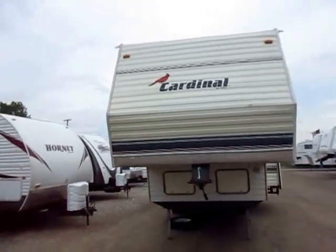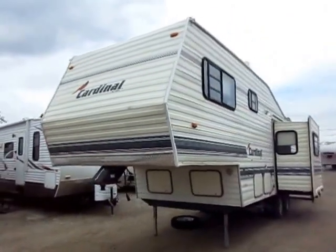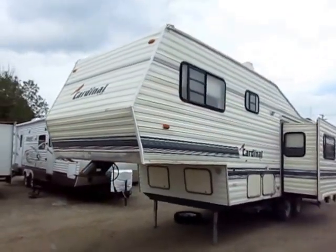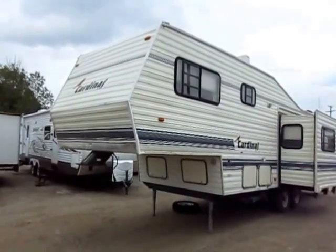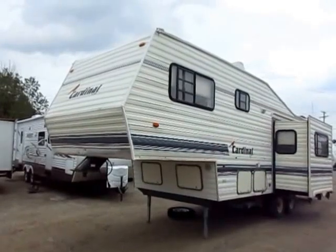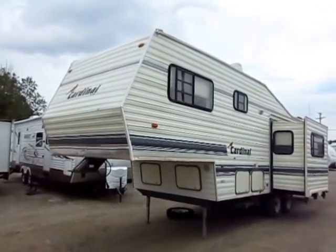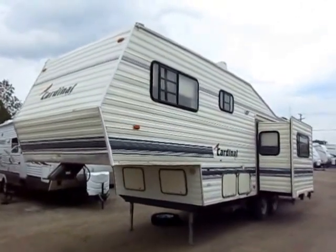I don't remember if Cobra became Forest River or was bought by Forest River. I just really can't separate the two. You'll see Forest River Cardinals today, but that has nothing to do with this thing. This is a completely different monster. Don't confuse the two at all. I will say though, at the time that this was built, it was a pretty high quality piece and high end